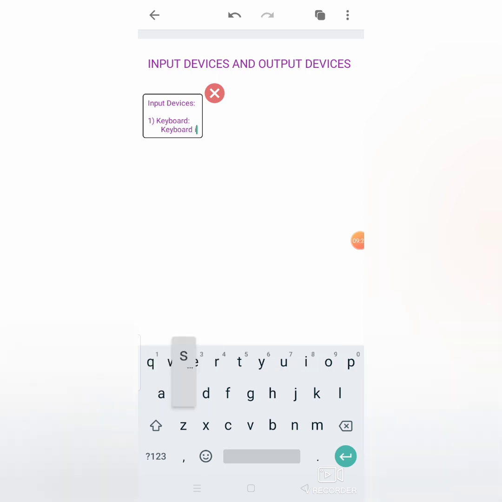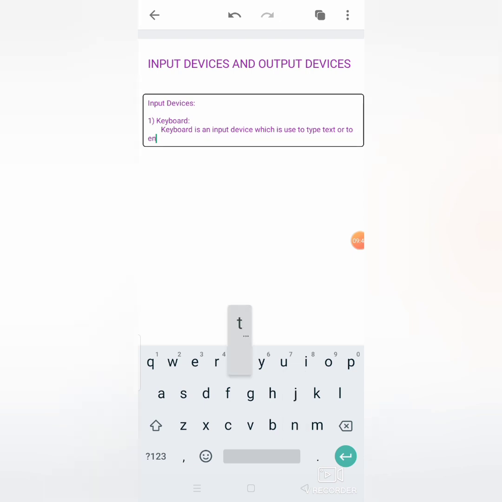Now I am typing here. Keyboard is an input device which is used to type text or to enter text.